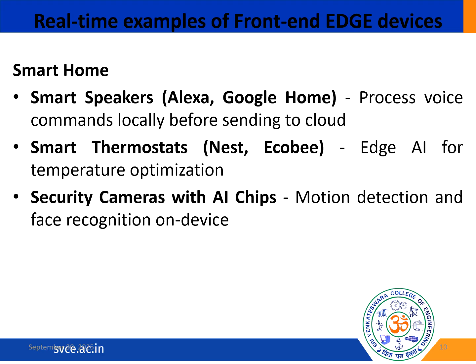So next we are using all these edge devices in smart homes. In smart homes we can use various devices like smart speakers, for example Alexa, Google Home, etc. These process voice commands locally before sending them to the cloud. The purpose is to activate a control hub for home automation functions, where it can recognize and process voice